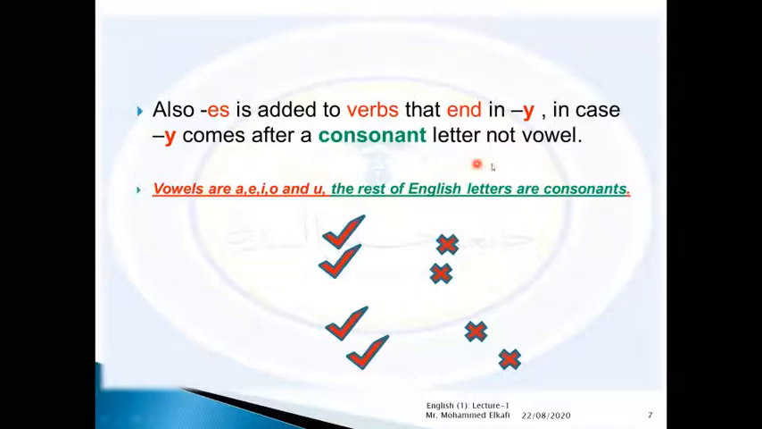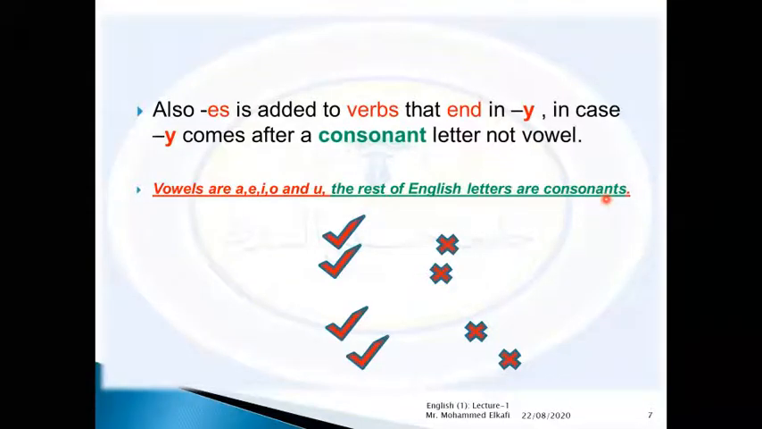So when we say consonant letter, not vowel, that means we have a y at the end of the verb, and this verb is preceded by a consonant, not a vowel. What do we mean by vowels? Vowels are the letters A, E, I, O, and U. Okay, and the rest of the English letters are known as consonants. So the consonants are the other letters, B, and let's say